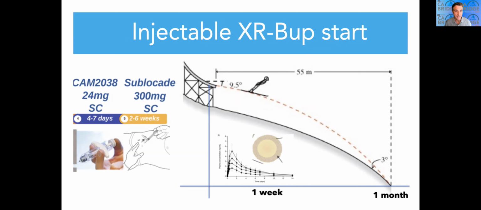CAM 2038 is a 24 milligram 7-day version of that. It's produced by Braeburn. It's under review by the FDA right now as we're speaking, and will probably be approved. So that is the one that's being marketed to ER. I would go for it. I would go to your Medicaid medical director. I would go to your public health director. I would go to anyone who will accept, any door you can knock on, and say, this should be on our formulary, because it is a game changer for emergency medicine.